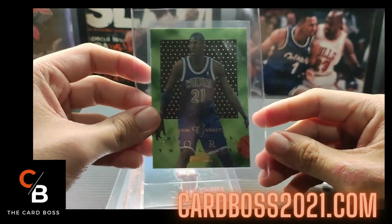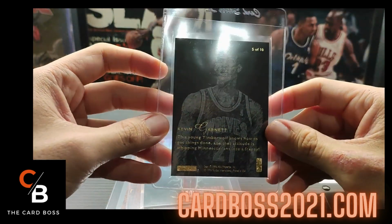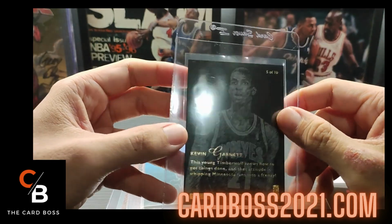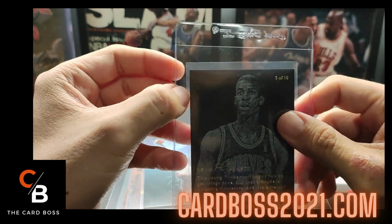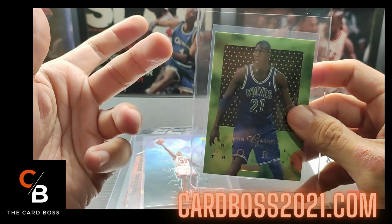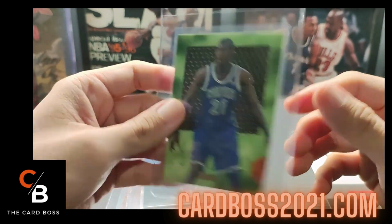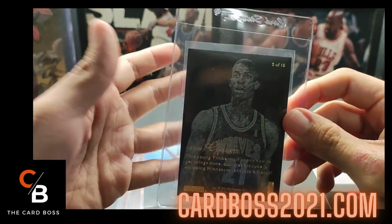So first up, this one's not a big insert, right? So this is Natural Born Thrillers. One of these kind of inserts, they can be a bit tricky to grade, right? Because given the full back and colored borders. So although it's tricky, what I meant is it's actually pretty easy, right? So you just pick it up, you can quickly straight away tell whether or not you could send this in